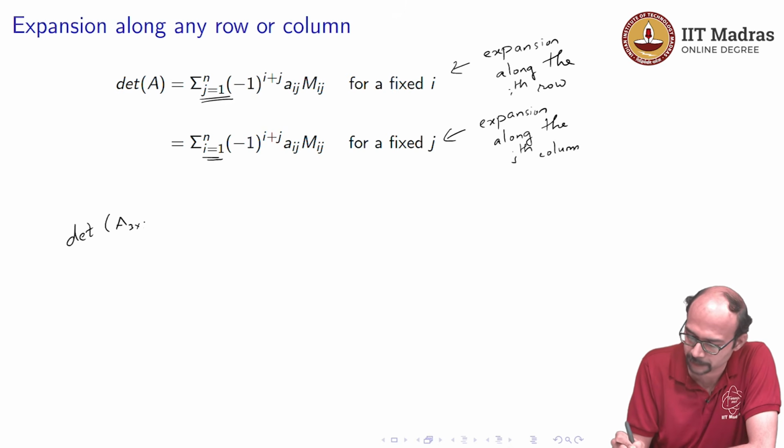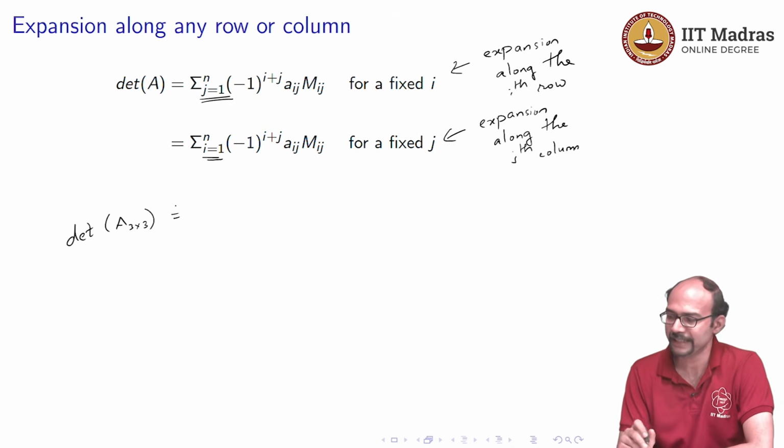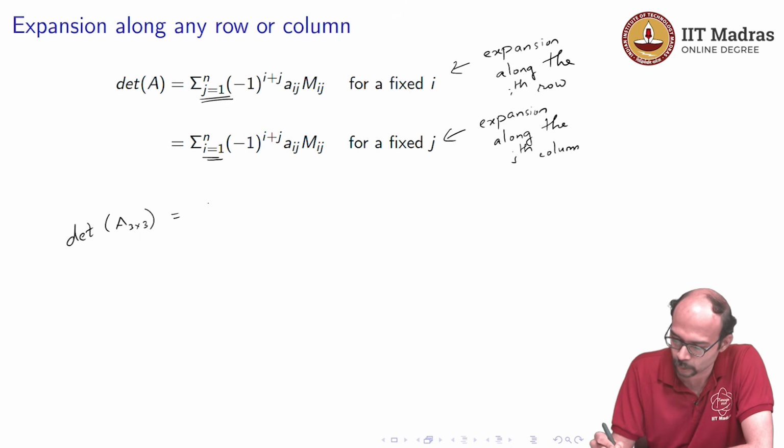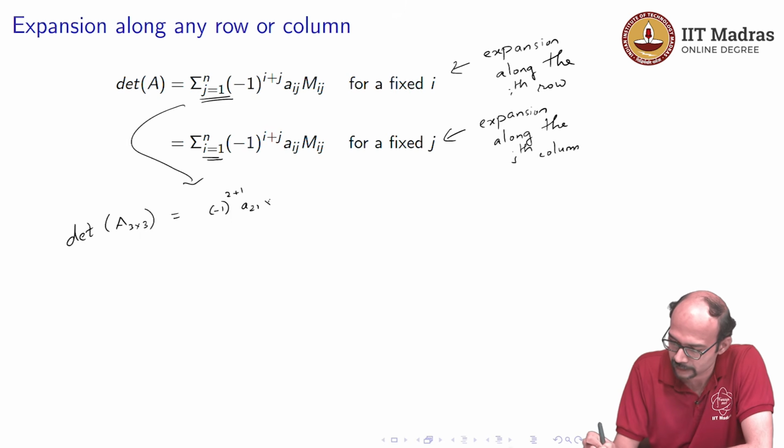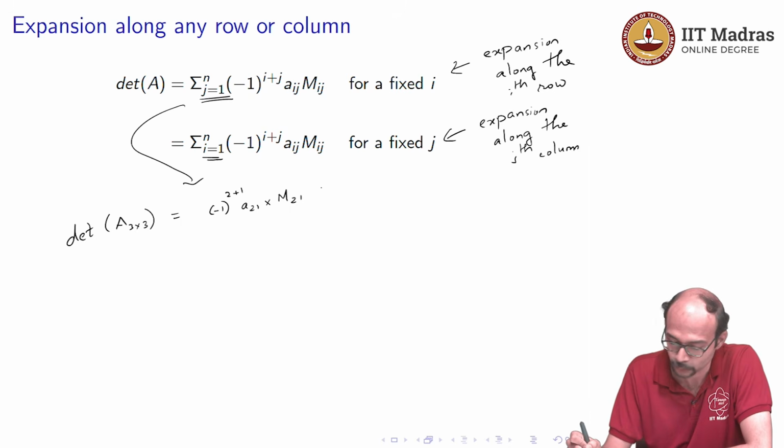So suppose I have a 3 by 3 matrix and I want to expand along the second row. So what is this term telling me? This is expansion along the second row. So what you have to do is take minus 1 to the power, now i is 2 and j varies, so minus 1 to the power 2 plus 1 times a21 times the 2 1th cofactor, sorry, the 2 1th